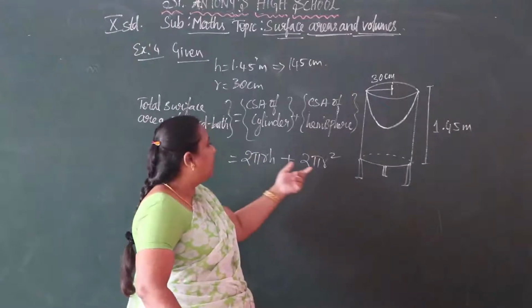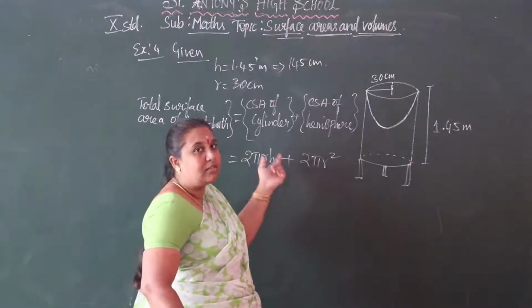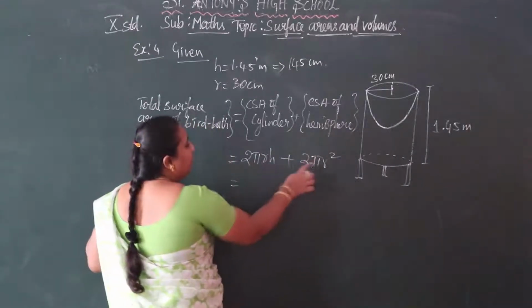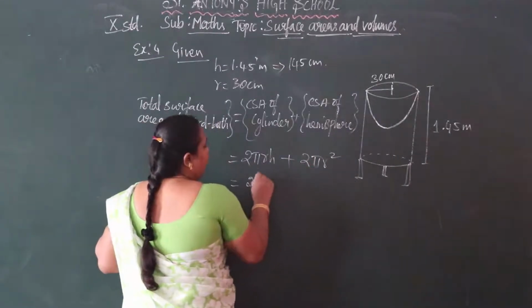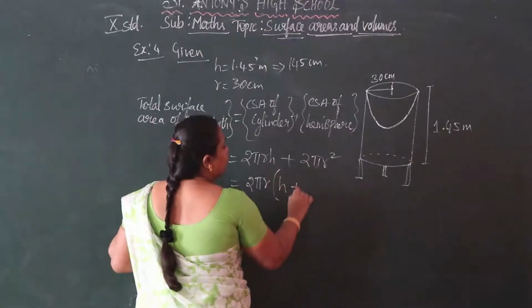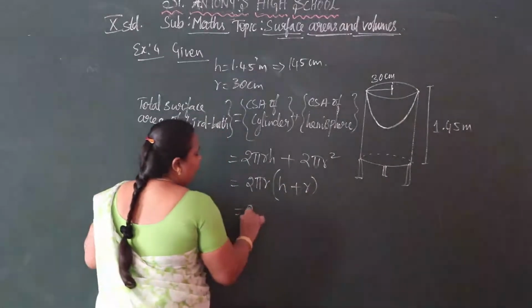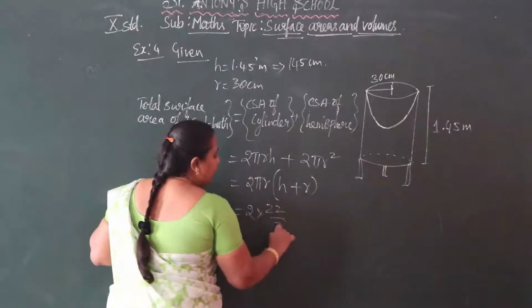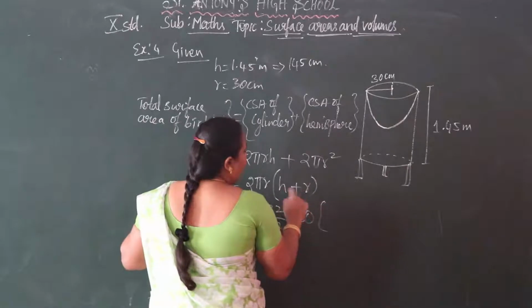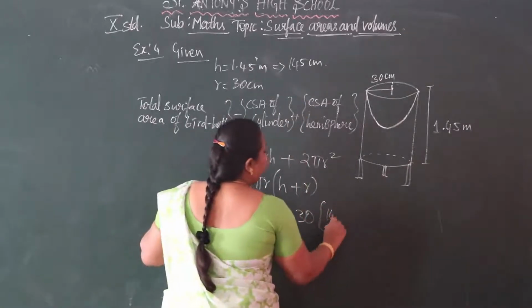Okay. So we have a common thing in both the formulas of cylinder and hemisphere. Okay. So here we take out 2 pi r. Okay, 2 pi r into h plus r. Okay, so 2 into 22/7 into r value 30 into h. What is h? 145 plus